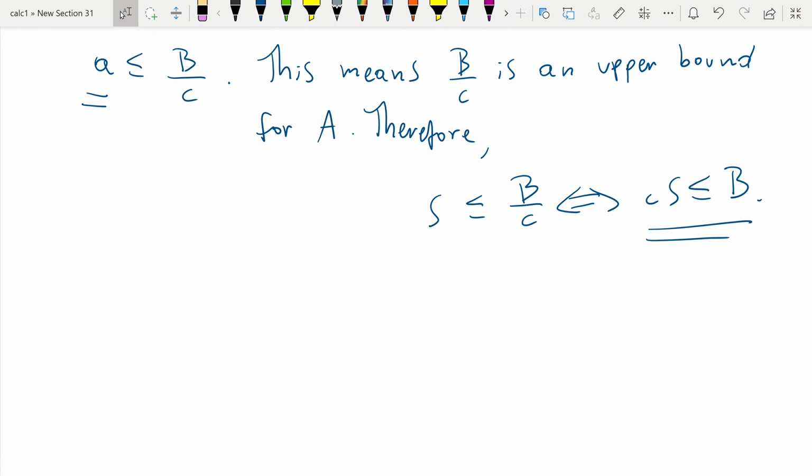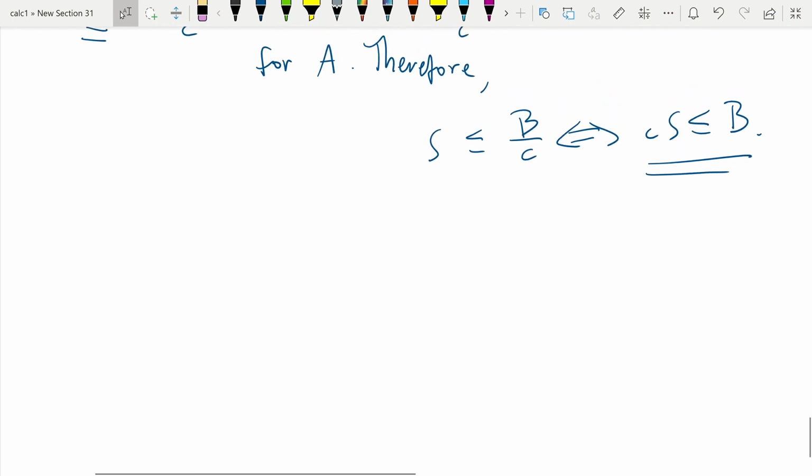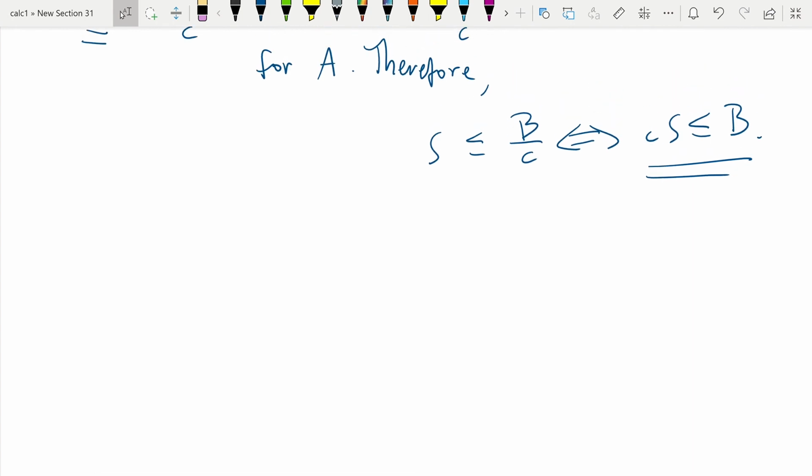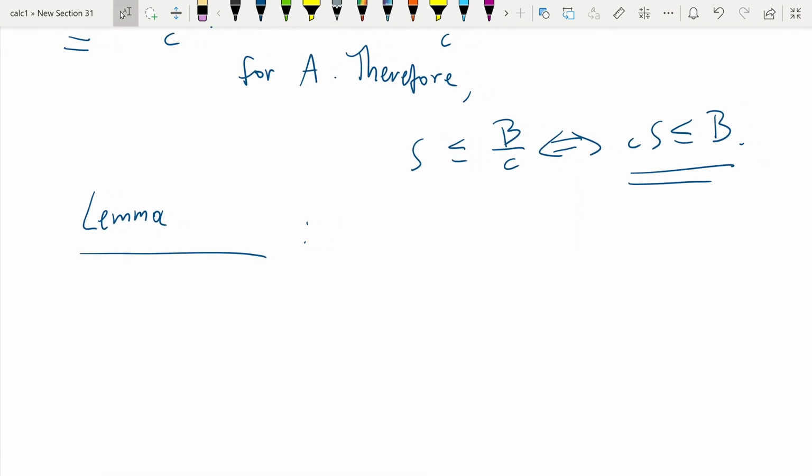And the next thing that we wanted to talk about is a very important property, something I mentioned last week, a very important characterization of the supremum. So this is a lemma in the book. I don't remember exactly the number, but it's 1 point something. The lemma says the following: